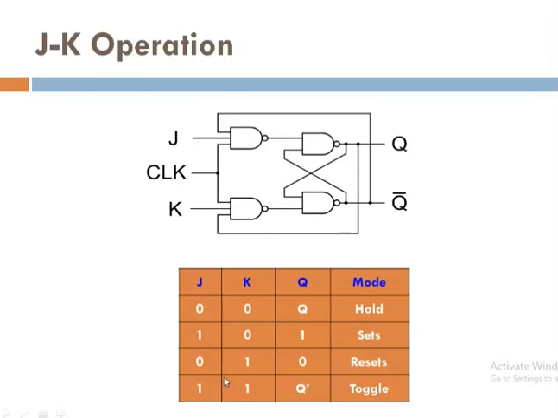When you are applying J is equal to K is equal to 1, for that purpose you can write down your q equation. The q equation is nothing but J into clock into your third input, this one you can consider here. So the output of this one is considered as an input to this one, and the feedback connection into this one, like this. So with the help of this we can try to avoid the race around condition with the help of the JK flip flop.